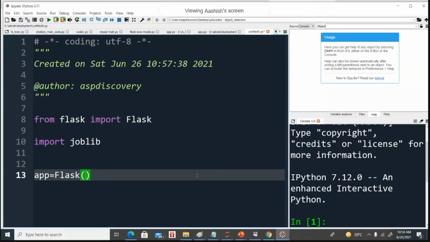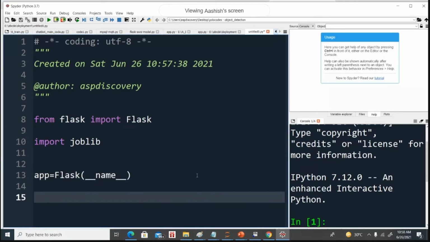I'll show you one application. You can create an application here in this way: app equals Flask. We are just defining the endpoint here, and we are going to use the HTTP protocol. So basically we'll create a server and deploy the machine learning model over there.